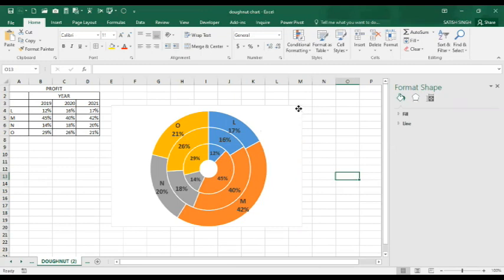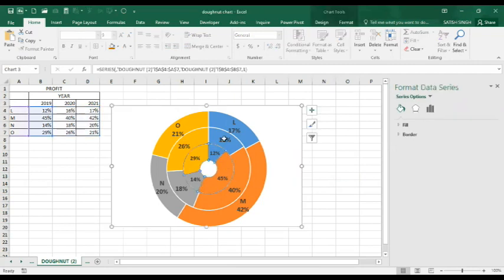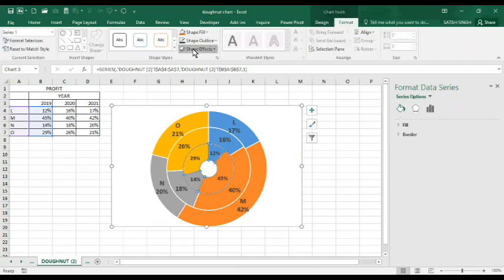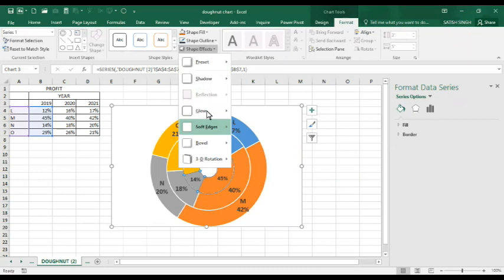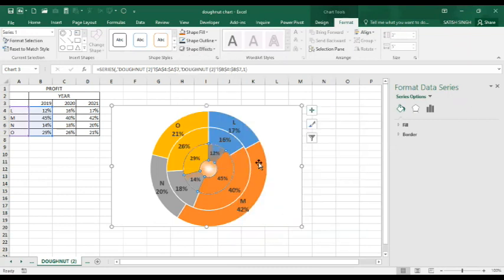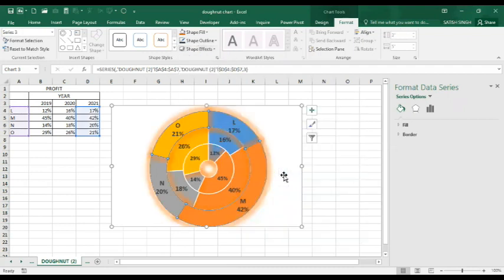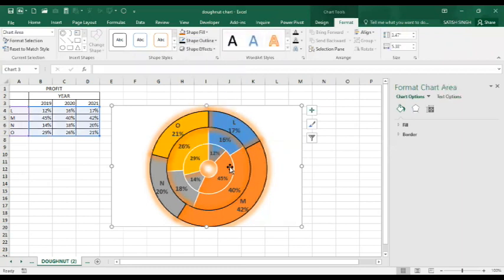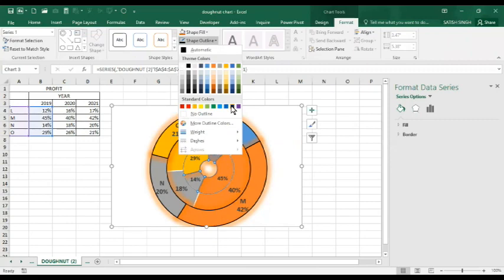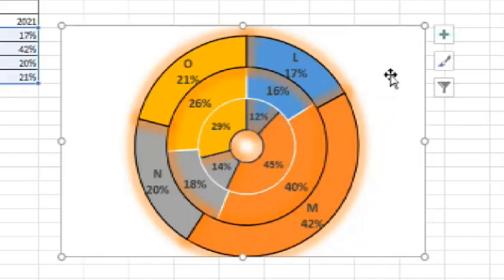Once this donut chart is created, after doing some improvements that you can study from here, you can do so by going to the Format tab and giving shape effects. Let's give the glow effect. Select the outer shape, go to glow, and on this swatch, you can give shape outlines to show the difference clearly. Here again, this time let's take some other color. So this way it is showing.